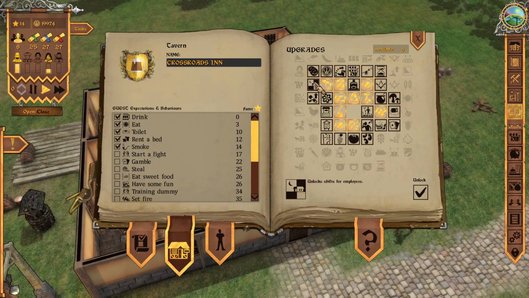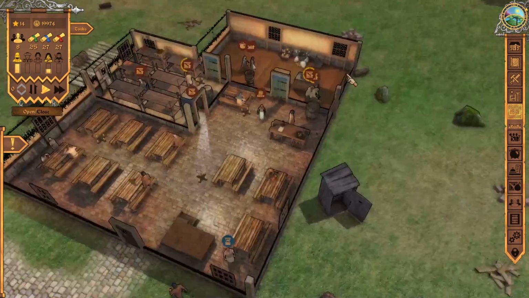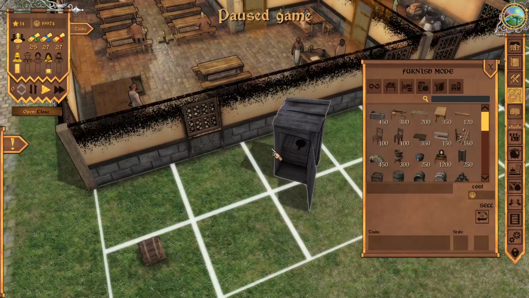We're going to unlock some more stuff here in the future, but ooh, it looks like there's shifts for the employees as well. That was another thing I wanted to see in the campaign, but we'll get to that a little bit later. For now, we're good with just building our tavern, so let's do that. We'll move some stuff around,